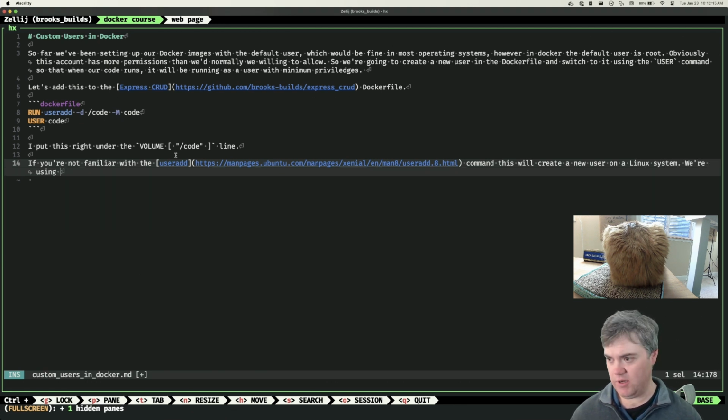We're using Ubuntu. Let's see. The Node.js image